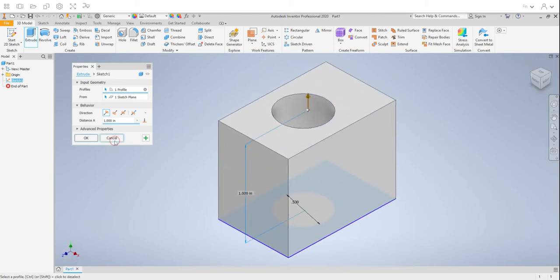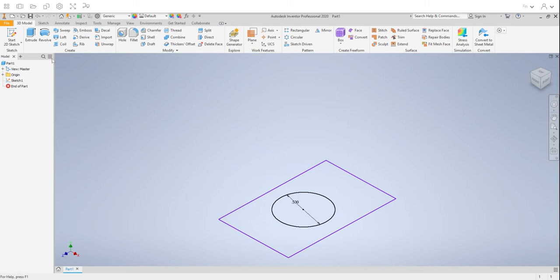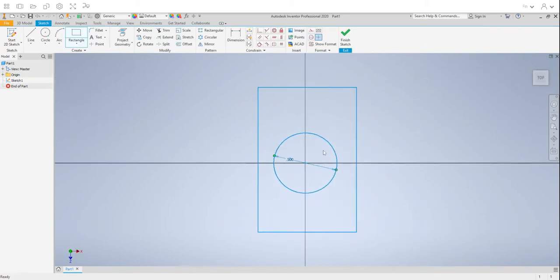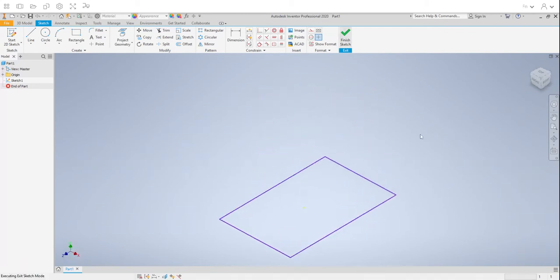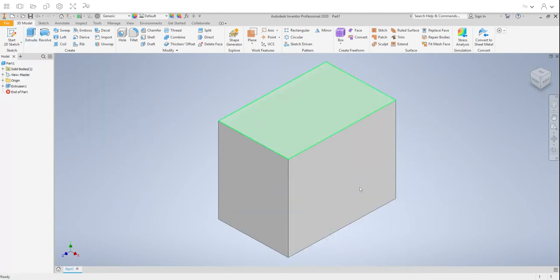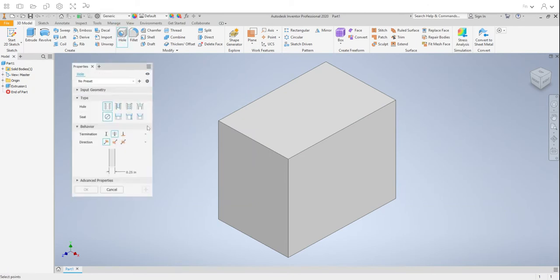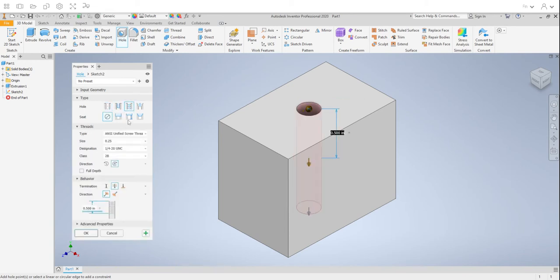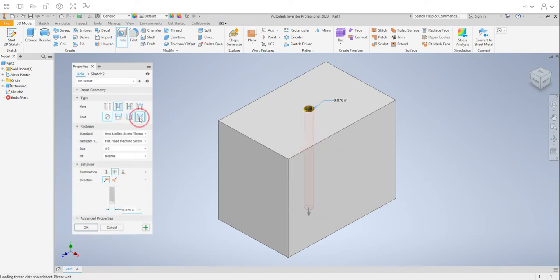in our object. The other thing that we can do is we can make a three-dimensional object. So here I'll just extrude this rectangle to make a rectangular prism. And then what we can do is use the hole tool, and we can create a hole through this object. Now this is useful because it has some more intricate options, like we can make the inside of it or the seat of it